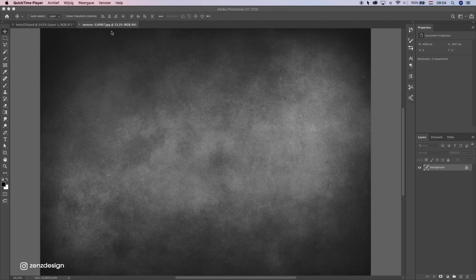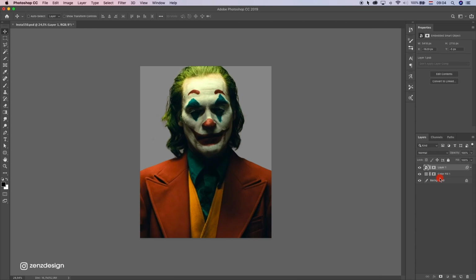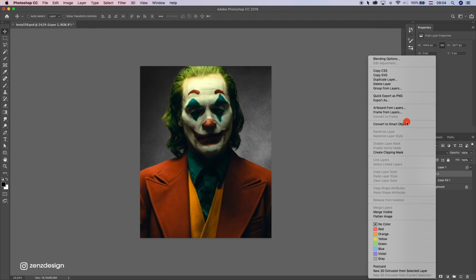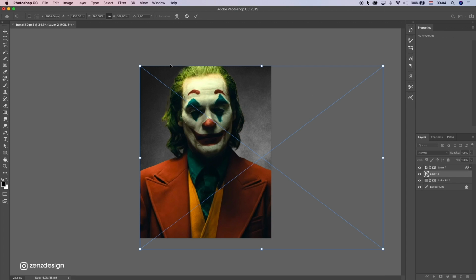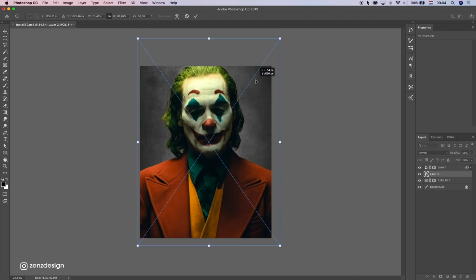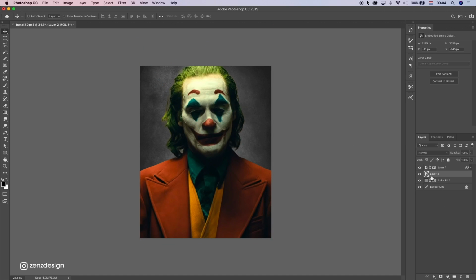Okay, this is the texture I got for the background, so I'm just copying this and making sure it's underneath the layer of the Joker, and let's make this a smart object. Let's rotate this. Something like that, and let's add some curves to make this darker.